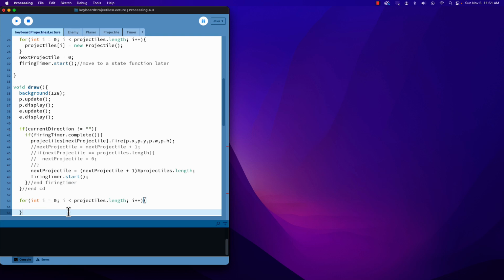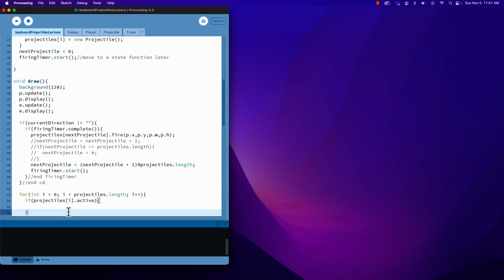Curly brace, return twice, close curly, and now here is where we want to find out if the projectile we're talking about is active. So if it is active, then we can say projectiles[i].update